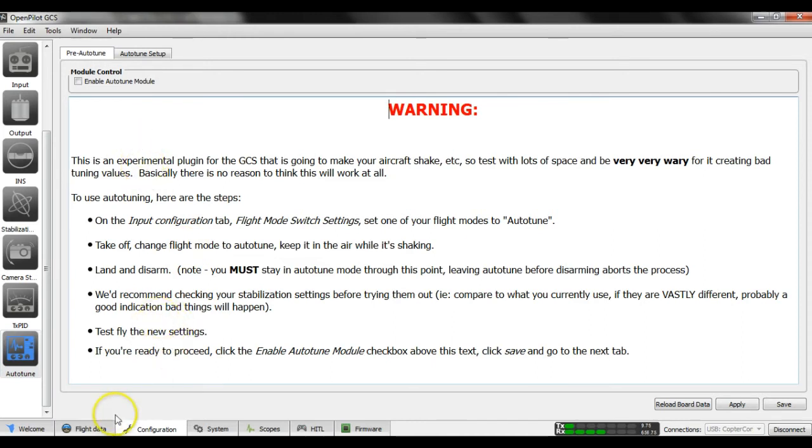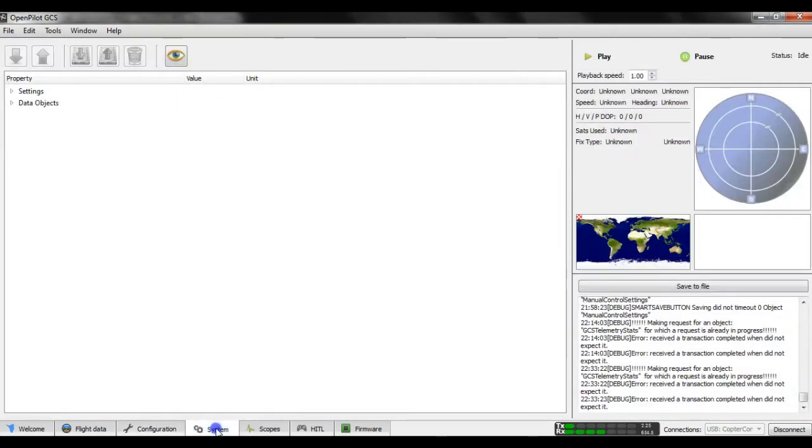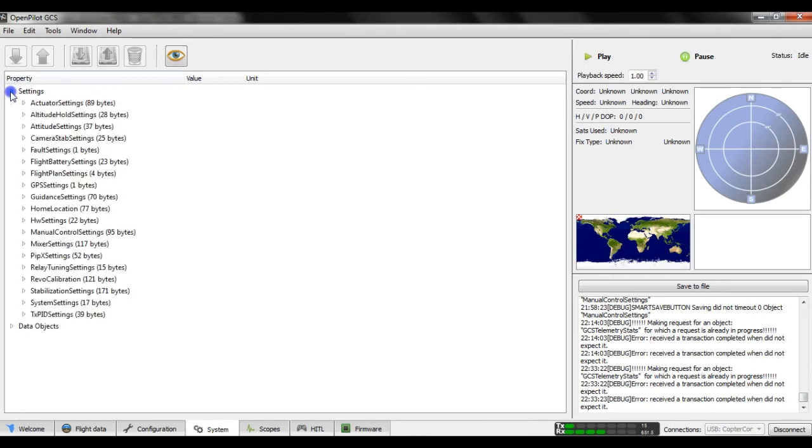So the next main window we have is our System tab. Now within our System tab, again this tab is aimed more at advanced users and developers for settings and debugging of your copter control flight boards. There is one setting in here that I will point out. So if you drop down the settings, you can see a number of different settings you can go to within